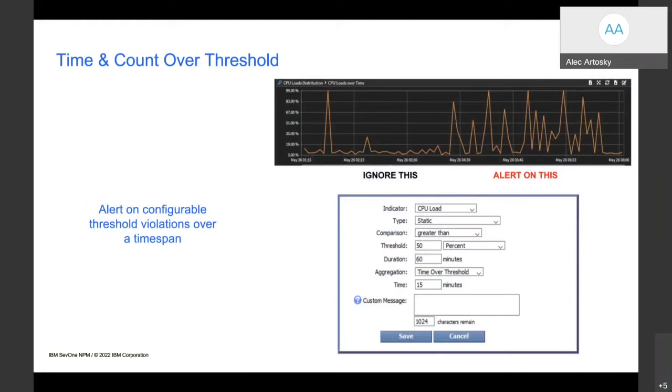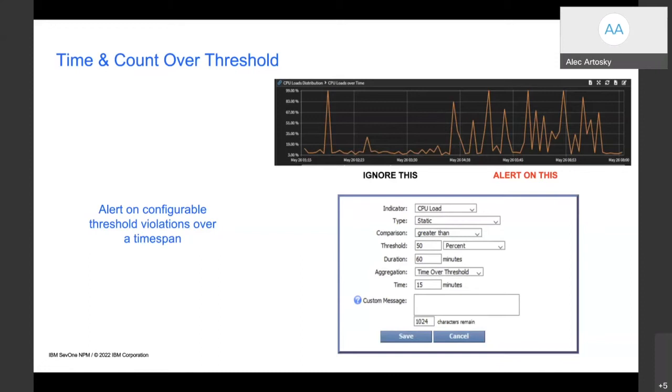Time over time thresholding is another component that utilizes that baseline, as we mentioned, and you can also utilize it for simple static alerts. Think of this as an example: I can build an alert policy here that says I want you to notify me if I have a certain number of pull points over a certain number. As an example, if I'm over my threshold for, in this case, 15 minutes, which would be roughly 3 pull points, I want to be notified.